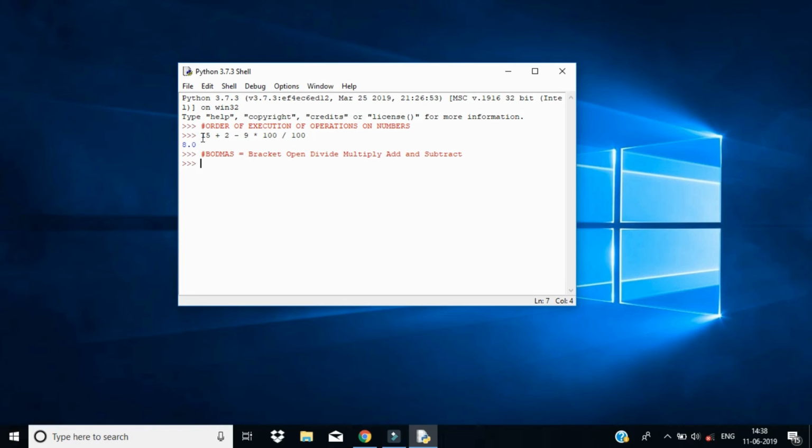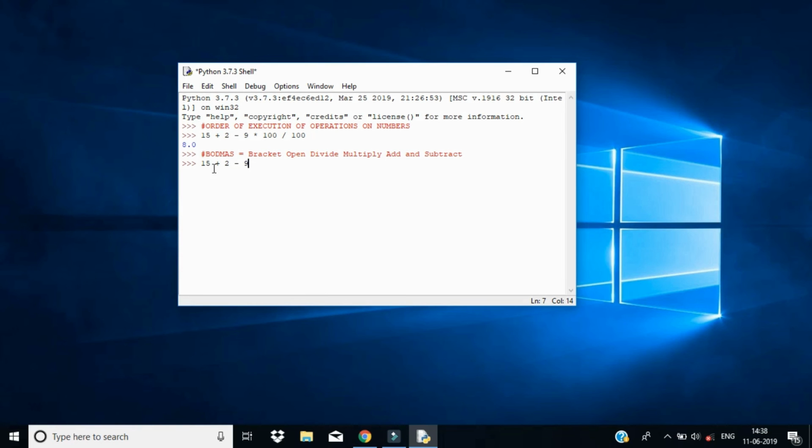There's no bracket here, so I won't open it. Let me make it clear for you. How is the answer 8.0? First we open the bracket. There are no brackets here, so forget that. First we perform the divide. The division is here, and the left and right will be the arguments for it. So 100 by 100 is 1.